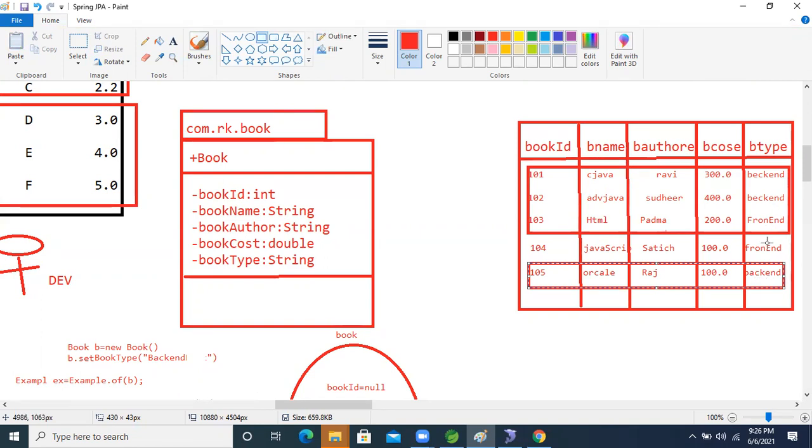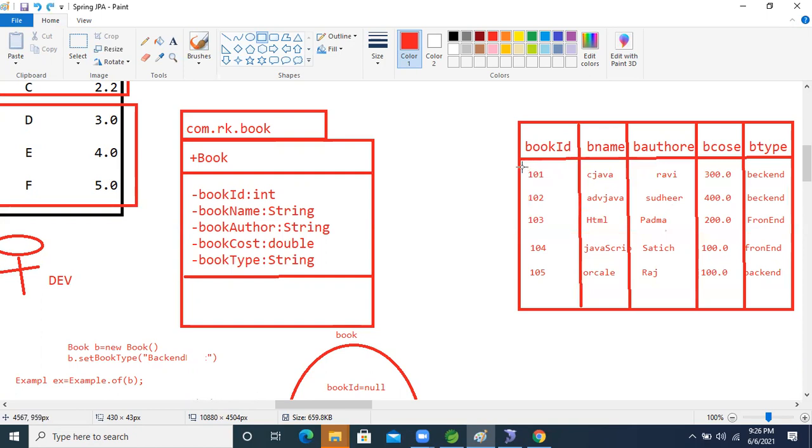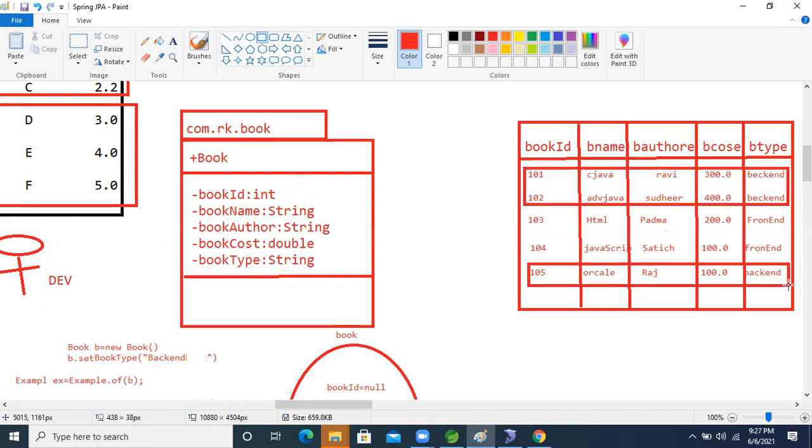Yeah, this is the front end, right? This one is the front end. So these three records will be selected. And these two front end applications are there, right? Front end is there, so this record will not be selected. So we will get one, two, and three records now, guys.